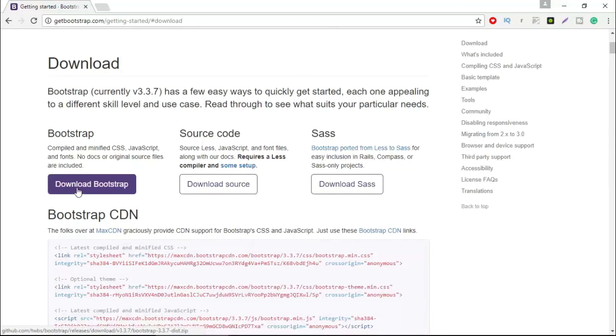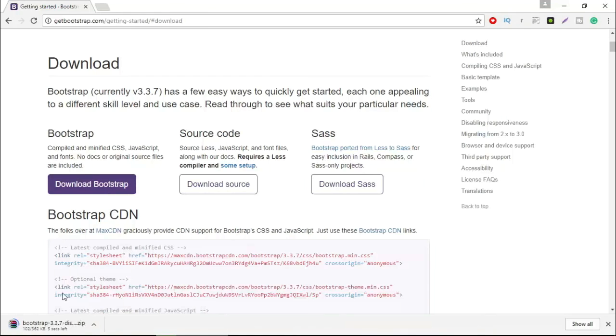If you download this, you will get a file folder. Inside that file folder you will get three folders such as CSS, fonts, JavaScript. So let me do that. I am just clicking on it. You can see at the bottom it's been downloading now. After downloading we will discuss which files we have to link with projects. It is downloading now, so it will take time. Perhaps it's been downloaded. Now I am opening it.